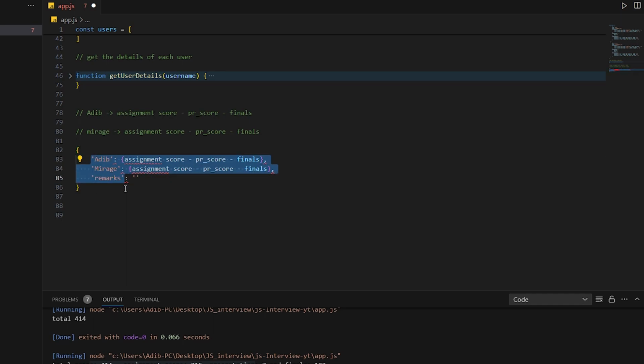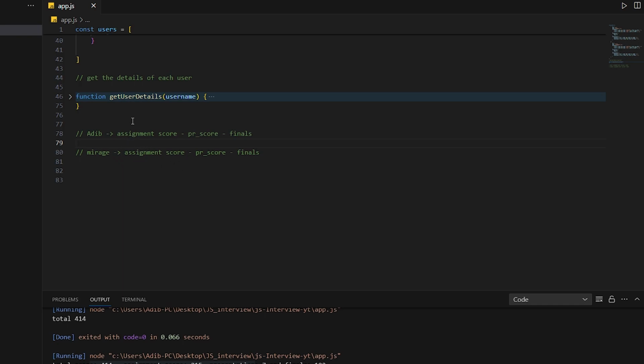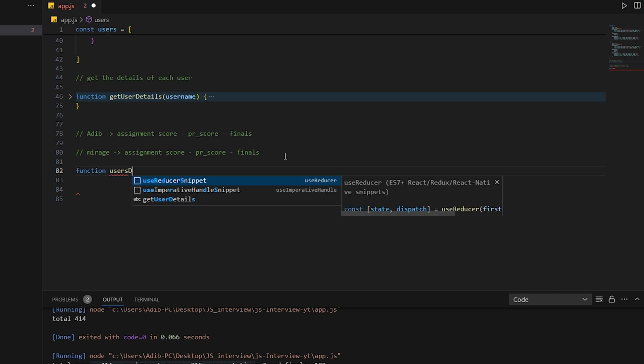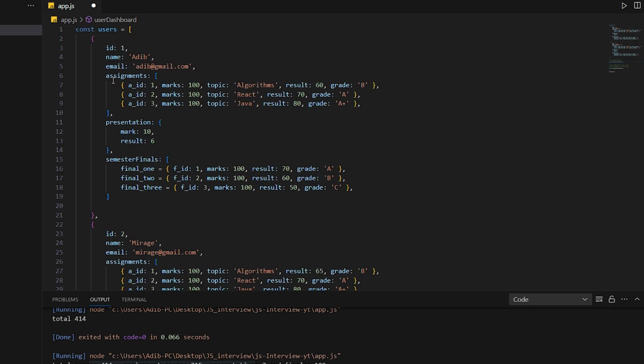First we need to make a key property, and each individual key we're gonna assign their total marks. So this is how we're gonna do this. This is the very important part, how we're gonna build this stuff. We just call it a function, users dashboard. Pass input users, we're gonna pass an array like here. When we call this function, we need to give some users, and the users is this array that